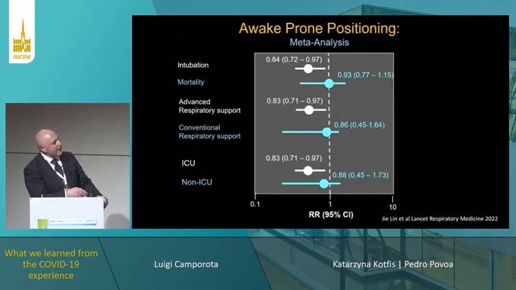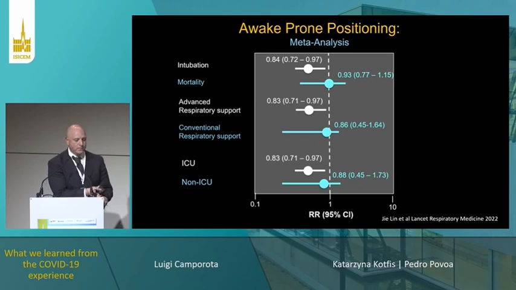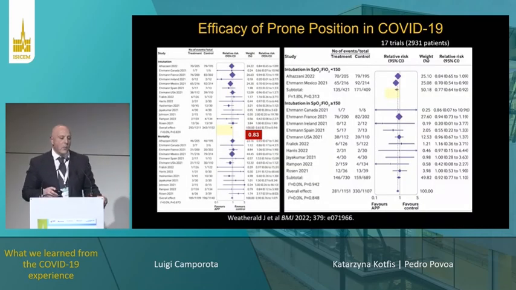And this is a meta-analysis which I've redrawn just to simplify. You can see that there is no mortality benefit. However, there is a reduction in intubation, and that is seen particularly in patients who received advanced respiratory support and within the ICU. And this is a busy slide, but essentially I've highlighted the main point to say